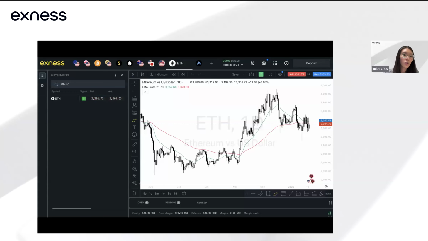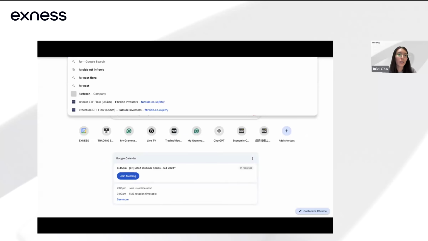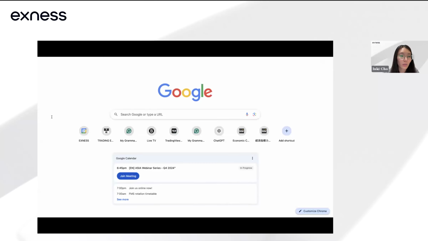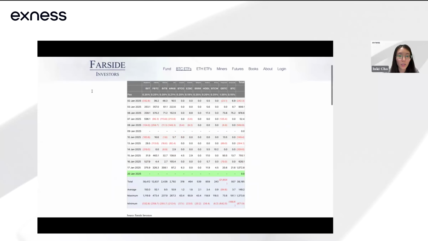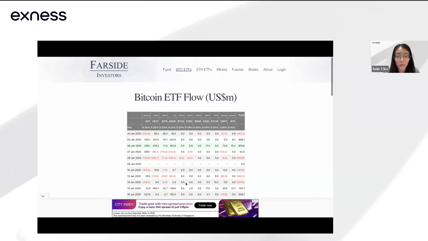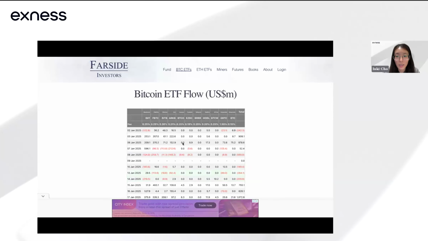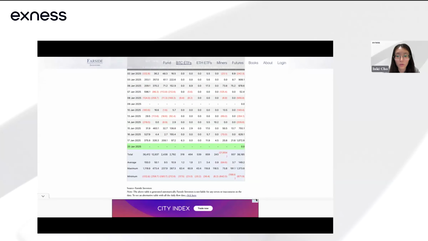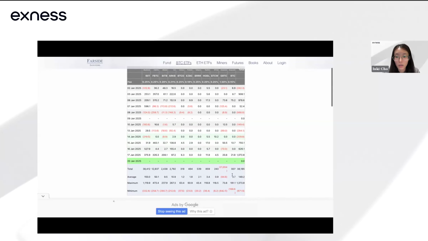Oh yeah, and I also mentioned the Bitcoin ETF inflows. For that, you can actually just go to Farside. So you can track the Bitcoin ETF inflows just based on this data. Let me just check that you're seeing the right screen. So you can see that it's basically just showing the different inflows, the investors' flow. Negative just means withdrawal for that day.